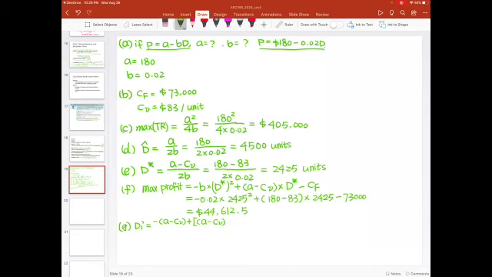And what's that? It's A minus C lowercase v square minus 4 times minus B, which is 0.02 times,